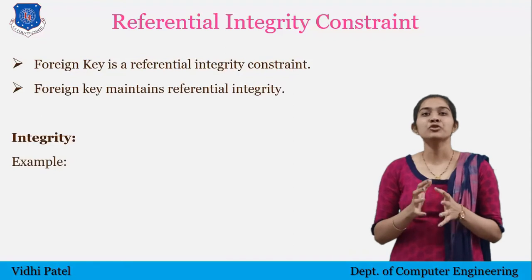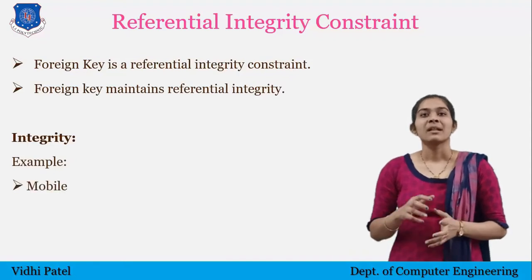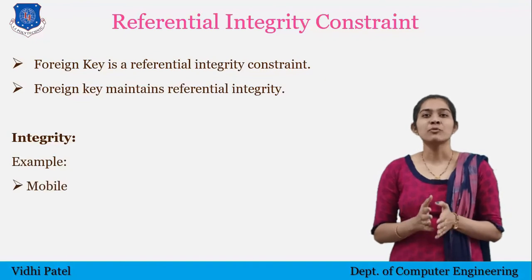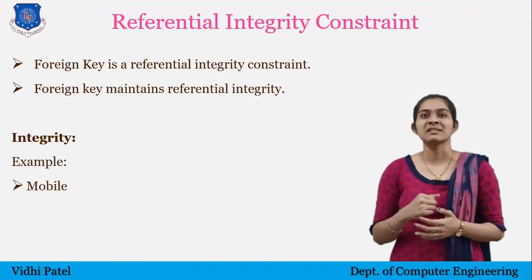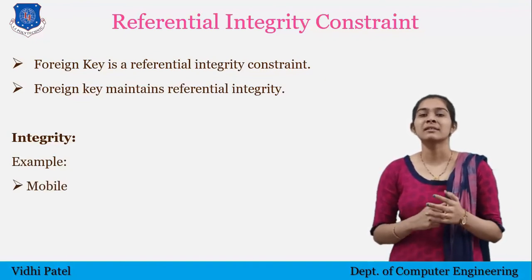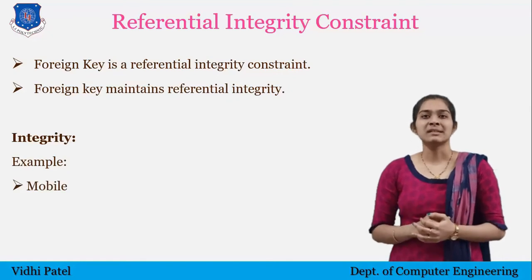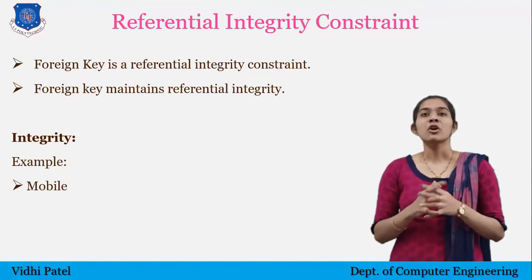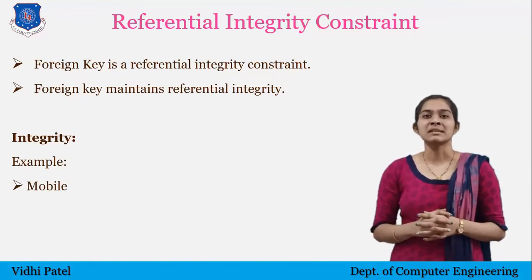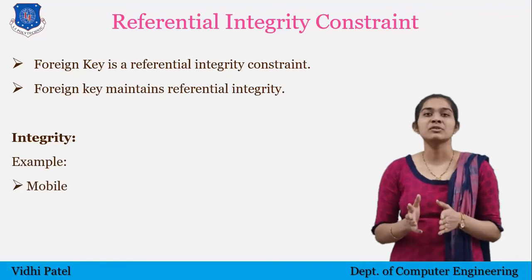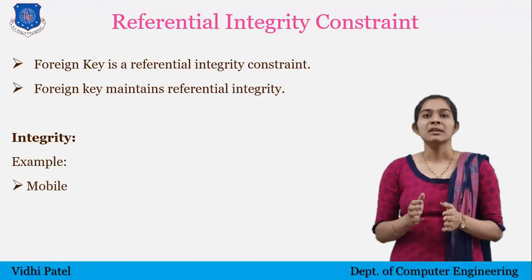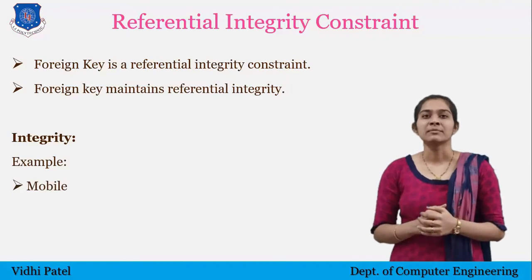Suppose I want to buy a new mobile. Then what will I do? I will check the price of mobile from the online sources such as Flipkart, Amazon and like that another. Another option is that I will go to a mobile shop and will check the mobile price manually. In both the options, I will get different prices for the same product because they all have their different database. So here integrity is not maintained.